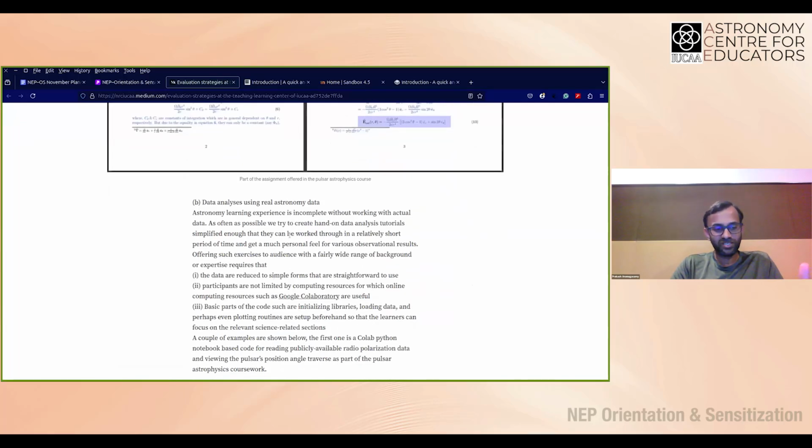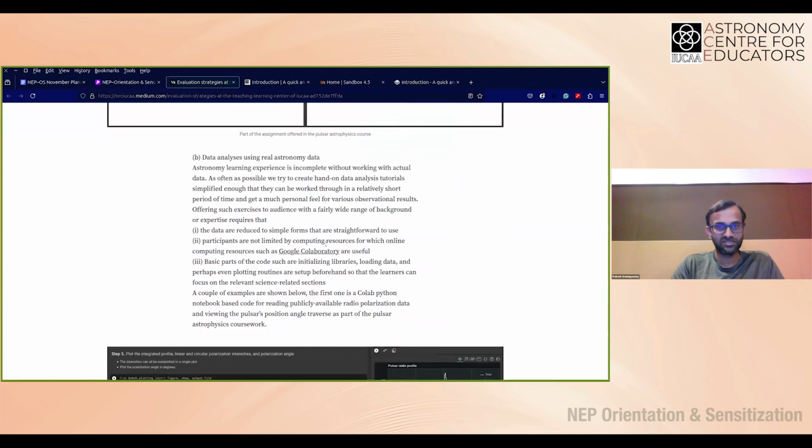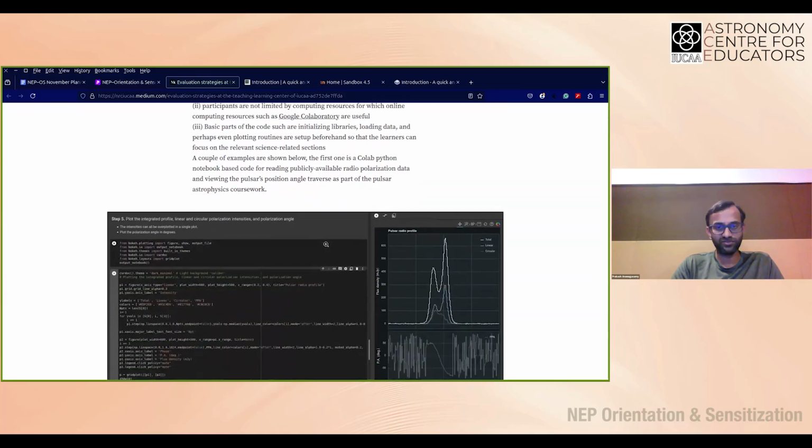And oftentimes in astronomy right now, there's a big push towards data, you cannot avoid data. You may know all the theories, but you need confirmation with the data. And even if you're training to work mostly in theory, it's very useful to get a feel for how data works in various fields. So we have assignments that we specially produce, where the participants work with real astronomy data as well.